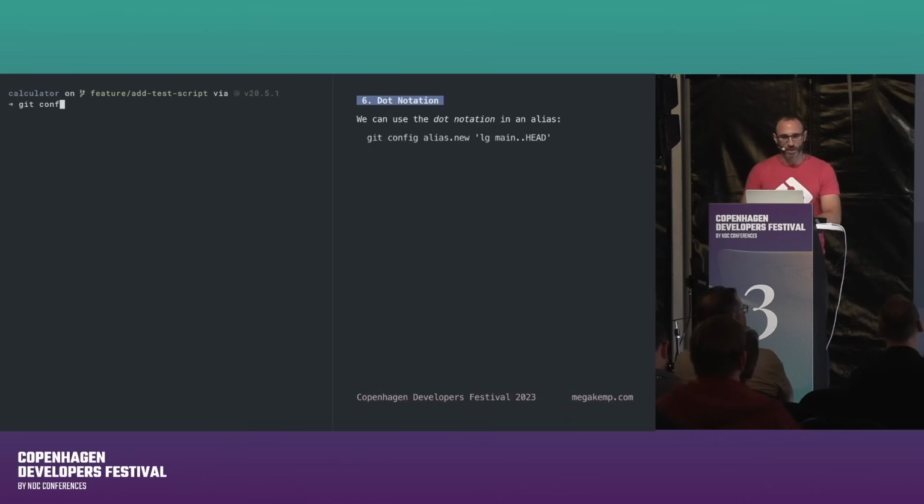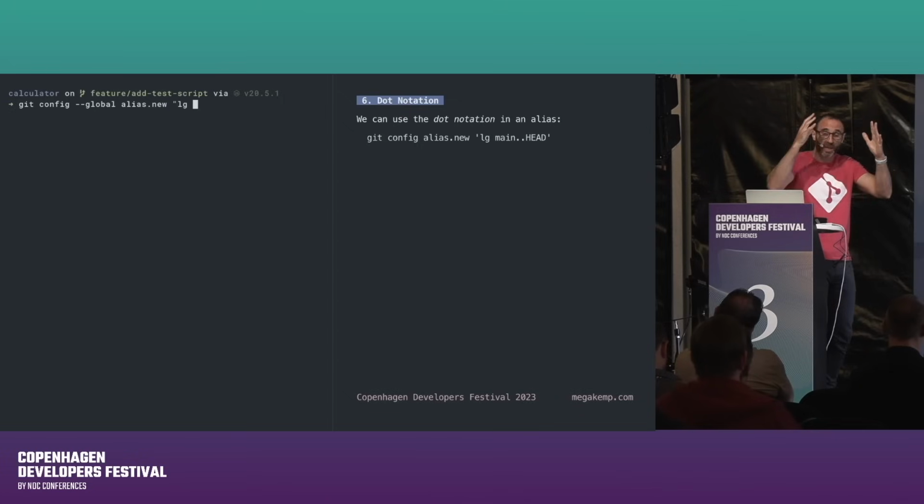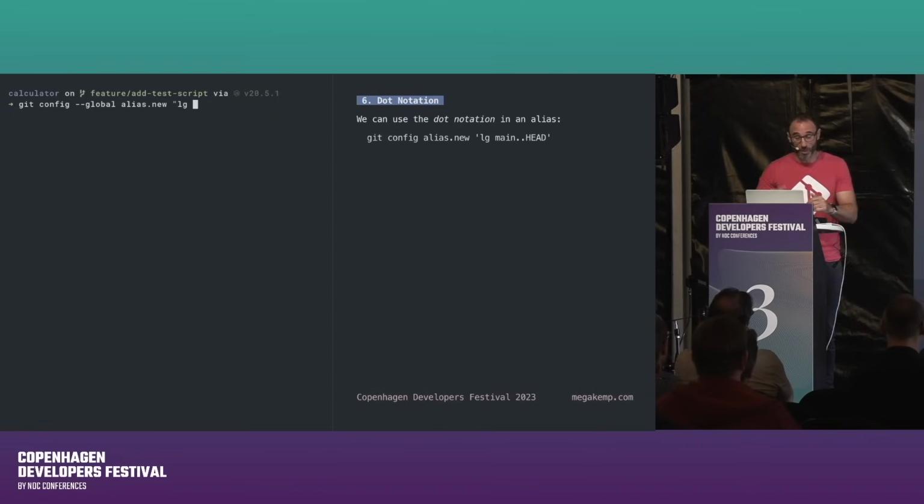So let's add an alias globally called new that basically says LG, because another thing that blew my mind, you can have aliases that reference other aliases. Can you believe it? That was not possible in Git 1.8. Then in the later versions, they added the possibility to have aliases that reference aliases. You can do pretty powerful things with that, and awful things as well. You can have infinite recursion of aliases. Don't try that. So you say main